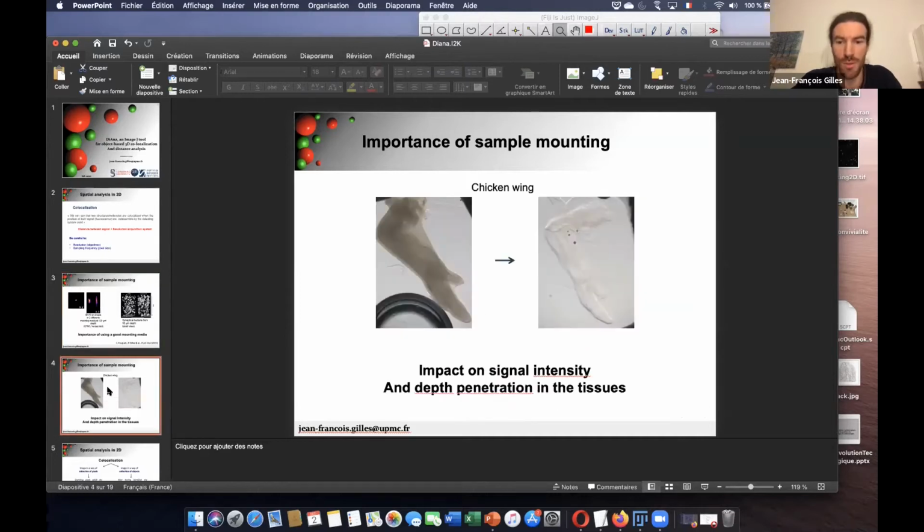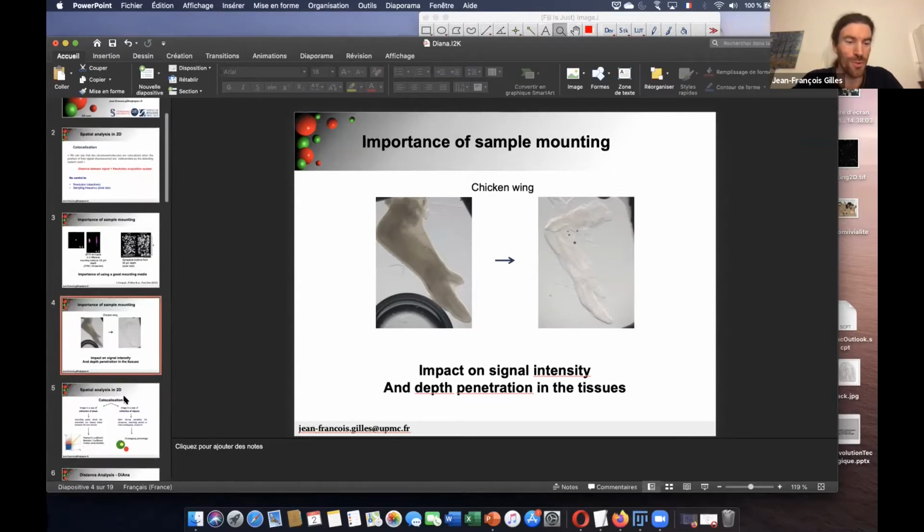So it's matching both indexes. And when we put a small chicken in the same index medium, we can have some things like this. So it has an impact on the signal, because when we have some skin like this, it prevents the signal from going to the detector.